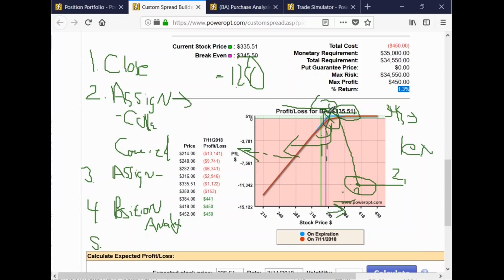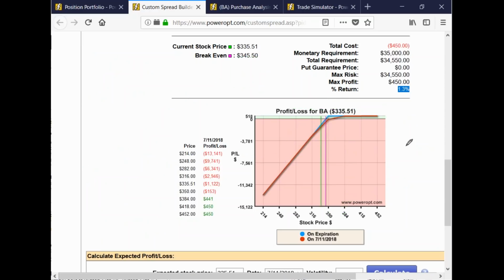Could you potentially create a broken wing butterfly by doing a bear call spread on it now? I'm sorry, adding a bear call over here and adding a lower put, maybe to create an iron condor? Possibly, but if the stock continues to fall, you still risk large losses. Okay, so that's the situation we're in. Those are some of the options that you have. You can get put the stock and average down. Do that also. Do the stock repair, something we would do. Okay, let me show you what that is real quick.